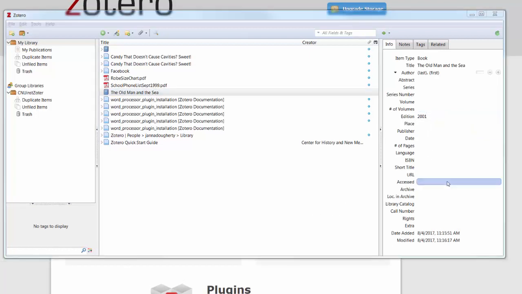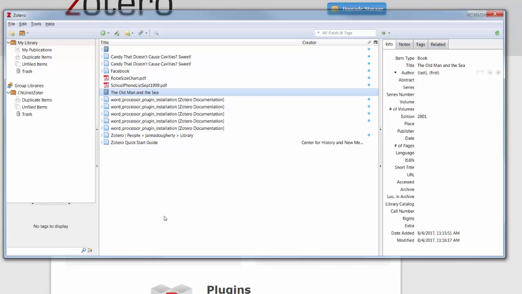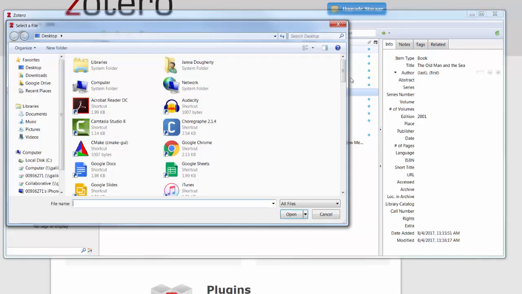One of the more powerful elements of Zotero is the ability to store a copy of certain types of resources within the library itself. You can do this using the Add Attachment button. Say we have a PDF copy of The Old Man and the Sea that we can add to this. Once we have our item highlighted, we'll click Add Attachment. I'm going to select Add Stored Copy of the file.